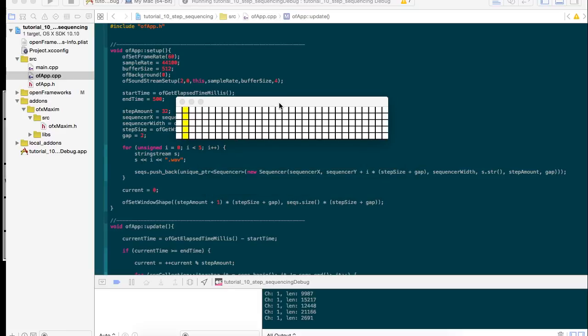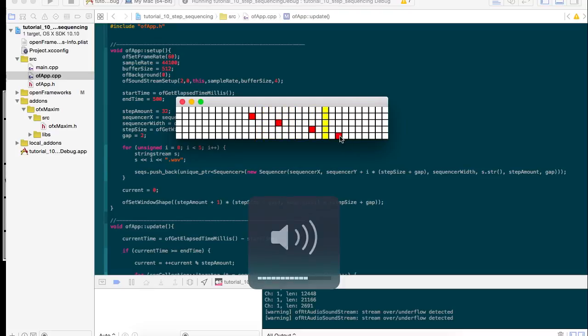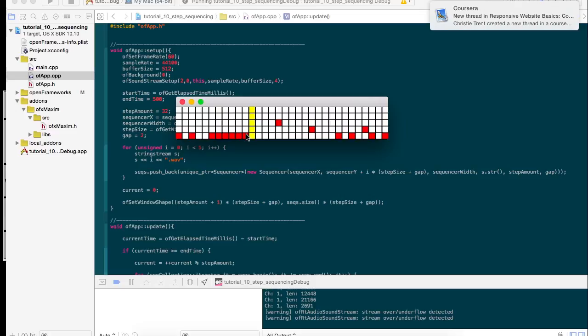Just let it load. Cool. Okay, so I can do that. Load some samples in, make it perhaps a bit faster, the tempo is a bit slow, but there you go, a working step sequencer